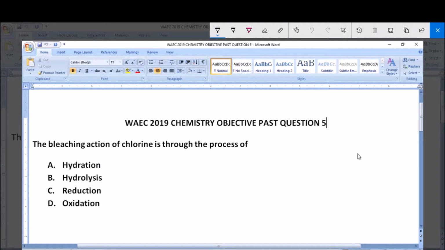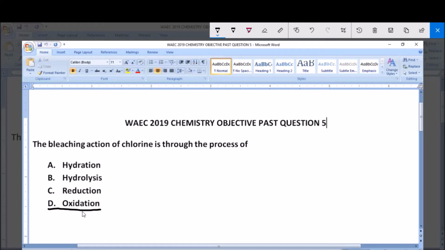properties, or in fact one of the most common questions asked under chlorine. And the bleaching action of chlorine is basically through the process of oxidation. Now, oxidation is option D, which is the answer to the question. Now, most bleaching agents out there make use of this bleaching action of chlorine in order to carry out their functions. So how exactly does this